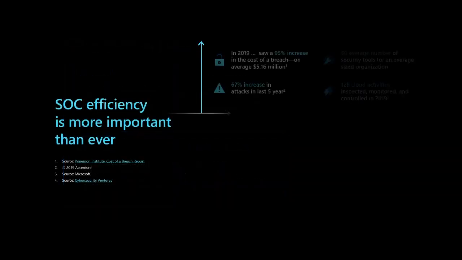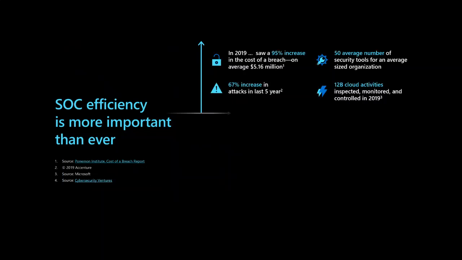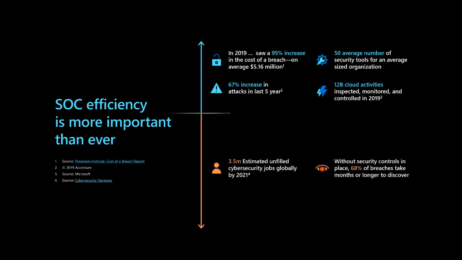But before we go into details about the unified XDR and SIEM from Microsoft, it's really important to share with you a couple of surveys and statistics coming from Microsoft and Accenture, and you can see the data sources on the left side. So in 2019, there was a 95% increase in the cost of a breach, which is an average of $5.16 million. There was a 67% increase in attacks in the last 5 years,